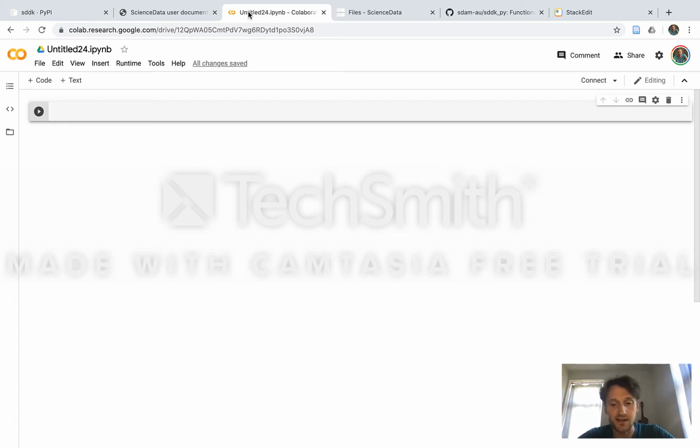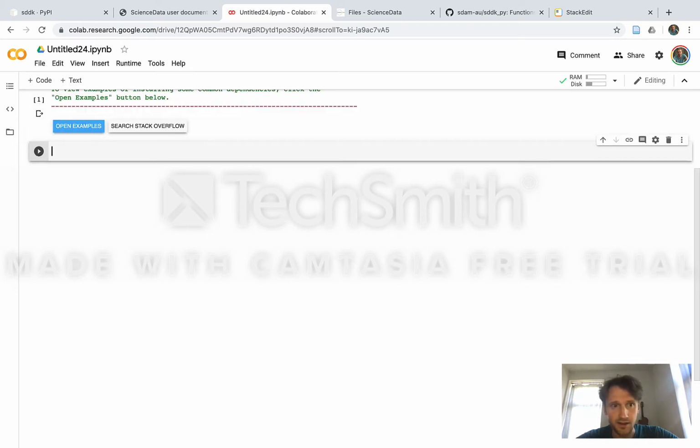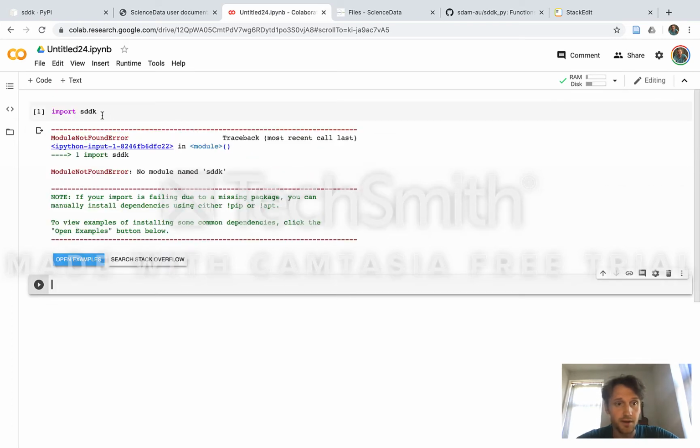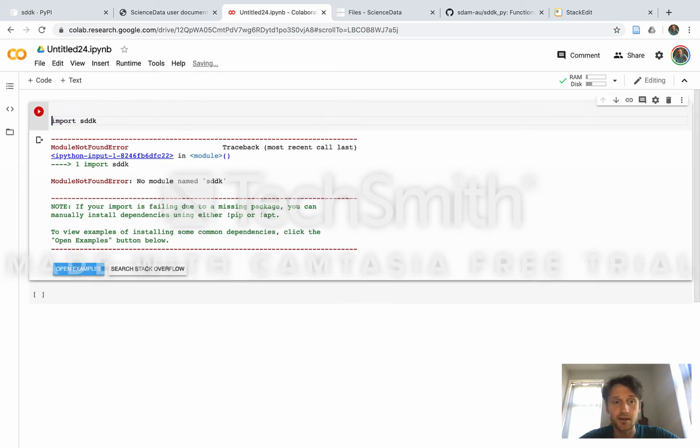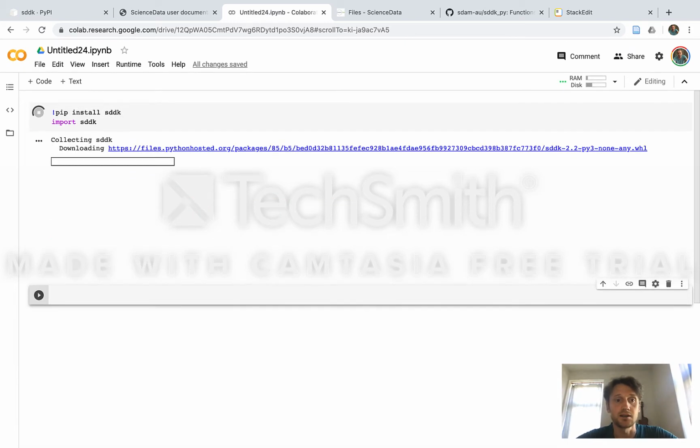So first let's try whether the package is here by running an import. Yeah, we see that the package is not here, which is completely fine. So we have to firstly install it, and in between,